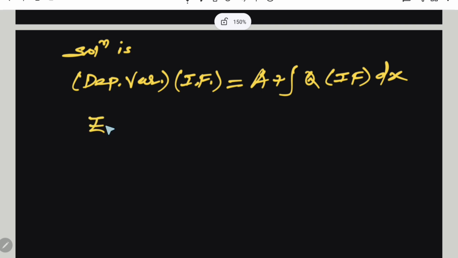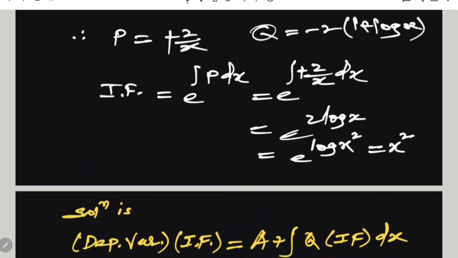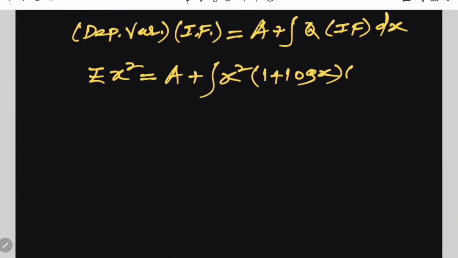Here the dependent variable is z, IF is x square, so z x square equals constant A plus integration of x square into (1 plus log x) into minus 2 with respect to x. Multiplying by x square inside, we get